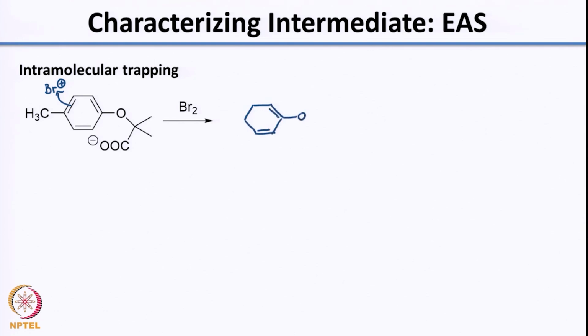So, for now I am just going to write it like this. So, I have Me, Br, and now I have generated the positive charge here, right. Now, this is very stable because this is in conjugation